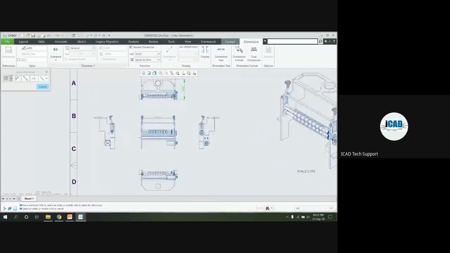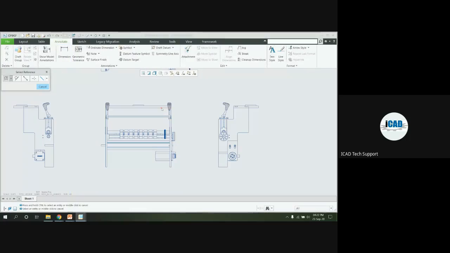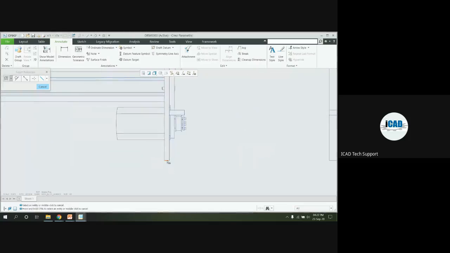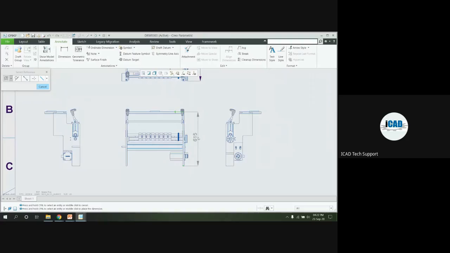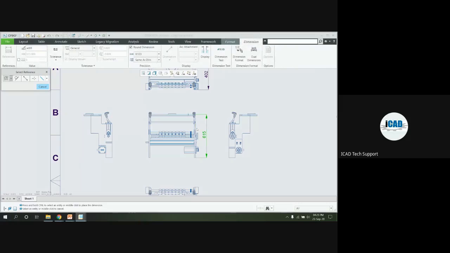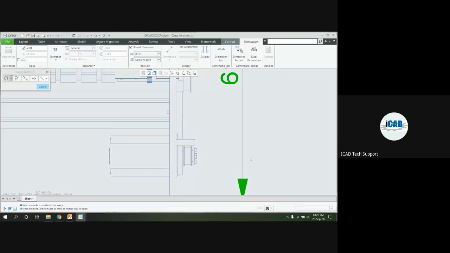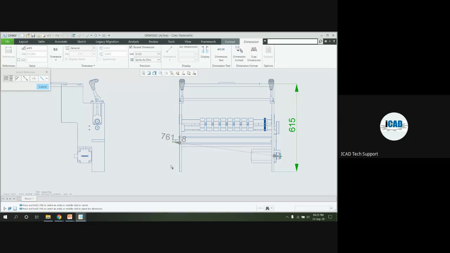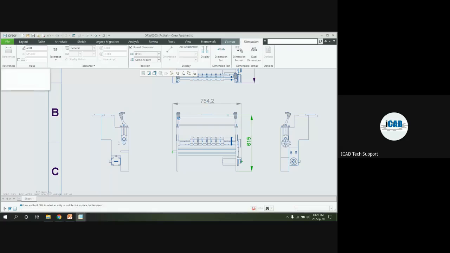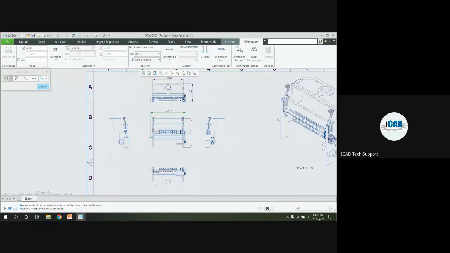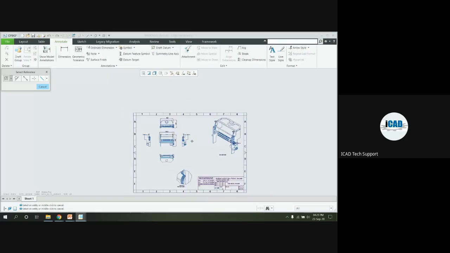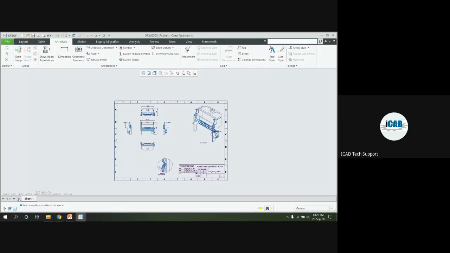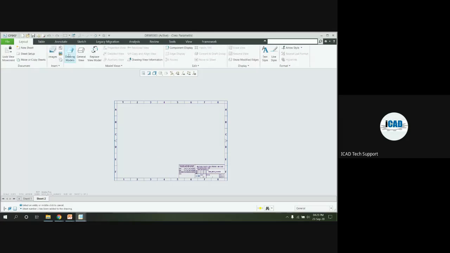And set the minimum and maximum positions, sizes, dimensions, top and bottom edge, and the maximum points of the assembly. So this way we can add the dimensions. I will show one more sheet with this specific plate. For that, if I want to change the model, here the drawing model option is available, and by using the add model option,